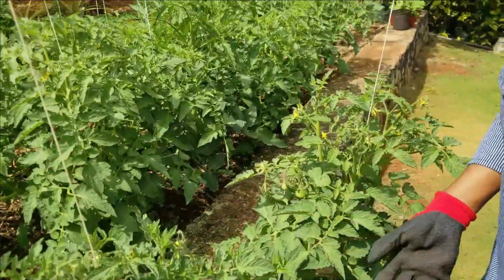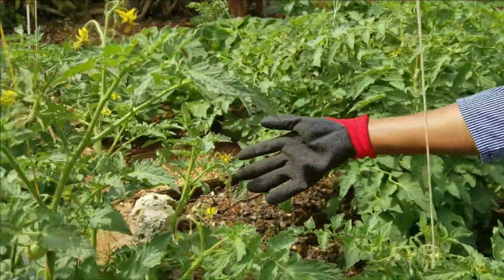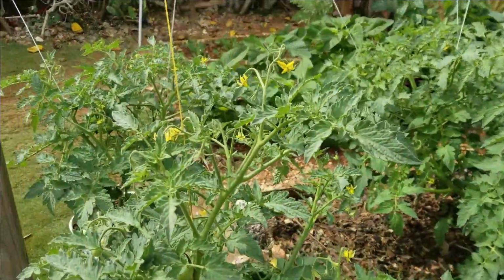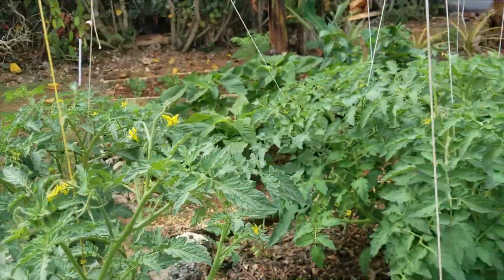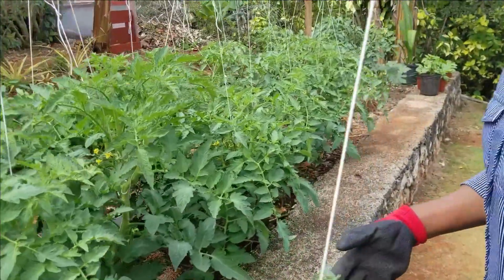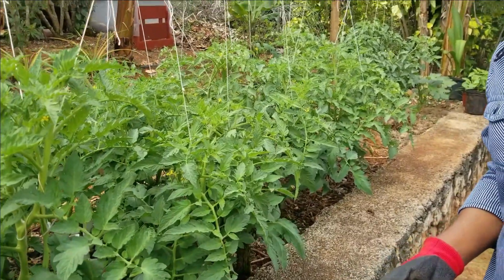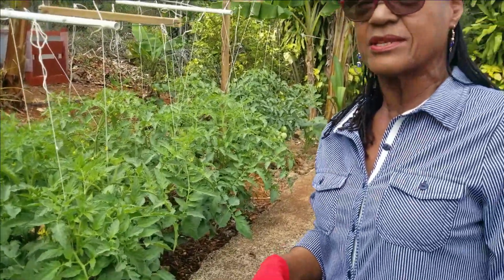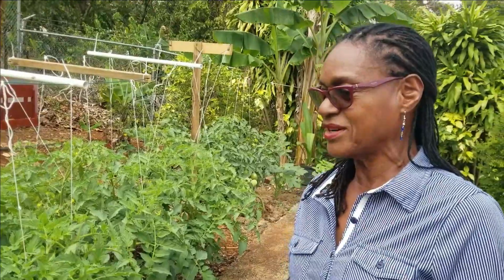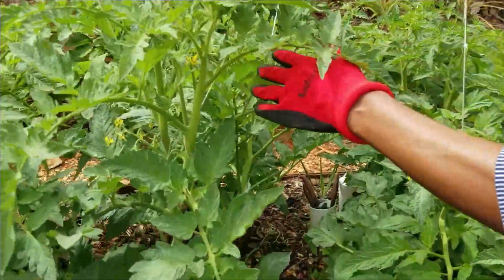But overall, they're healthy. The level of blossoming is similar to those in the beds, and there are no signs of spots, insect damage or anything like that. So we're happy. I think next time we will pay a bit more attention to supplementing the phosphorus in the pot. But if we for a moment just look at the branching structure,